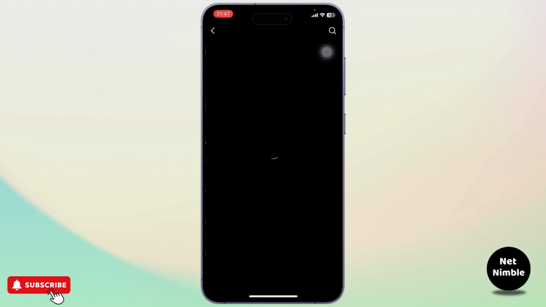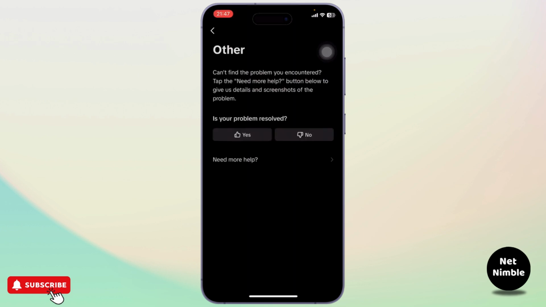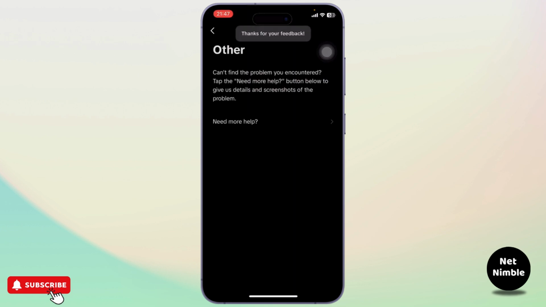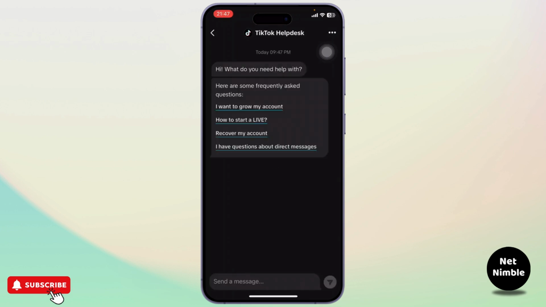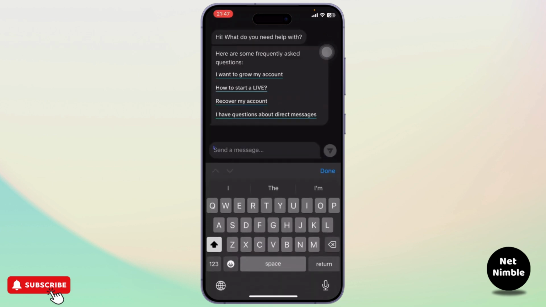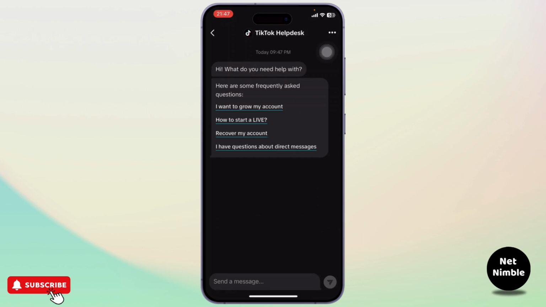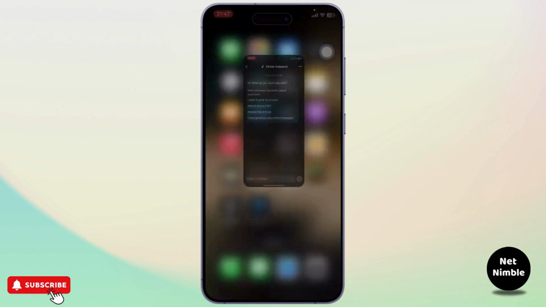you can go to the others section. Let me do that here. Tap on others, and here tap on no, and you can tap on need more help, and you'll get to the help desk. Now here you can send the picture of your account and you can explain your problem to them and ask them to make your account active,